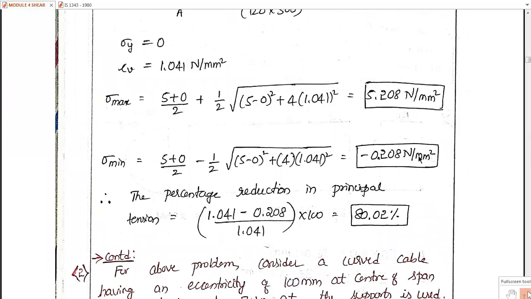Now observe the values here. With axial pre-stressing, it is minus 0.208. Without axial pre-stressing, it was 1.041. Means here we are going to reduce the principal tension by doing the axial pre-stressing. Means by doing the pre-stressing, we are minimizing the